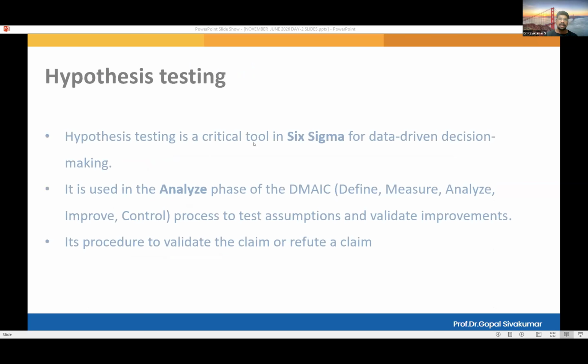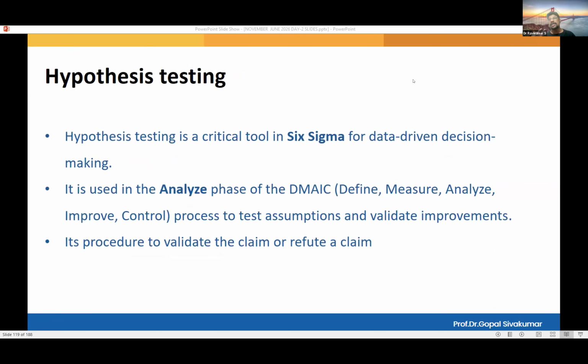So now let us move to the hypothesis testing. So what is this hypothesis testing? Guys, if you don't understand it, this hypothesis testing will be somewhat different from the other tools. So you need clear-cut listening. It is very different from the other tools, because for making a decision, you are going to have a hypothetical approach.